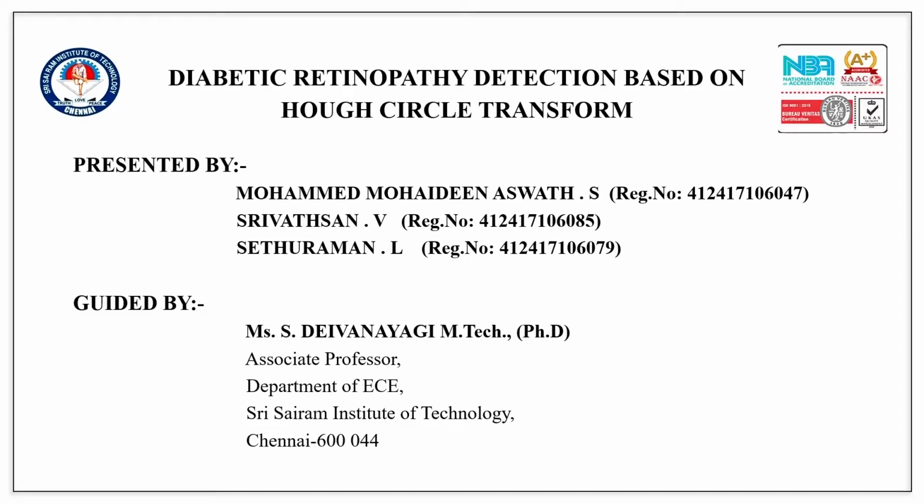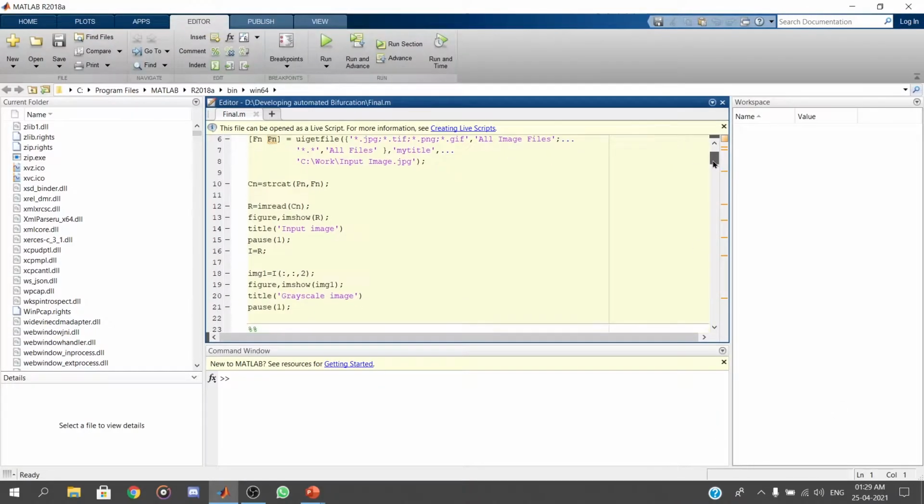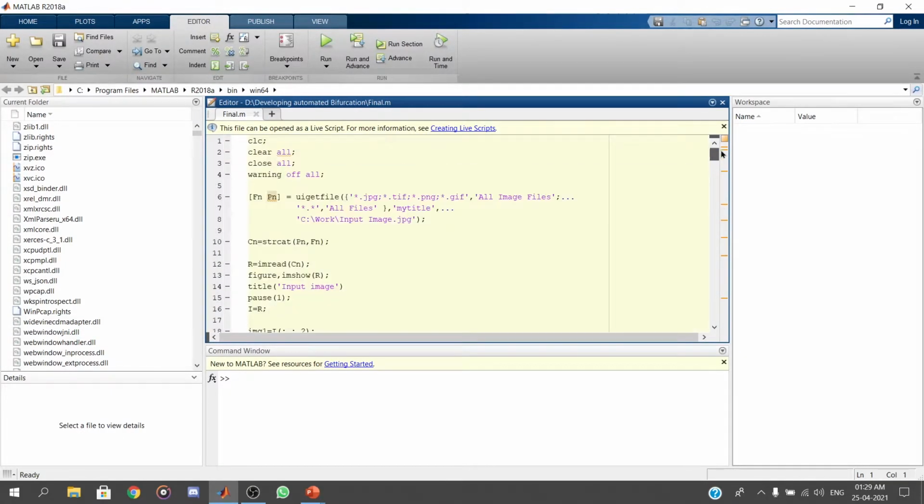Our objective is to reduce the user interaction by improving the segmentation performance automatically, and also to check whether the patient is normal or abnormal. To check and test this project, initially we open the MATLAB software. Let's run the project here. This is the entire MATLAB code for this project. For executing the code, I am going to press the run button,